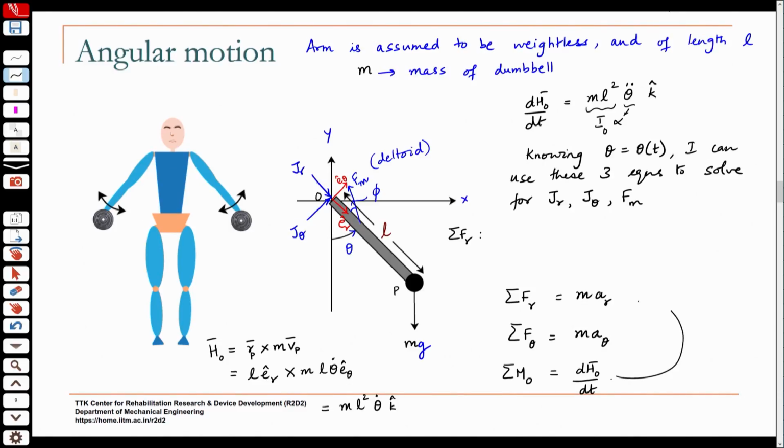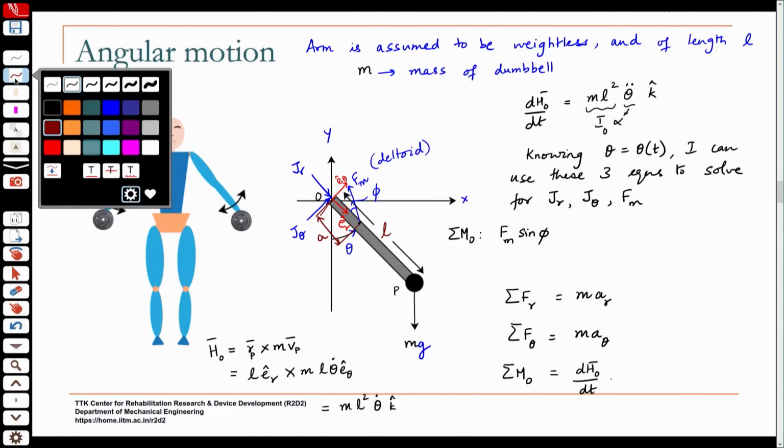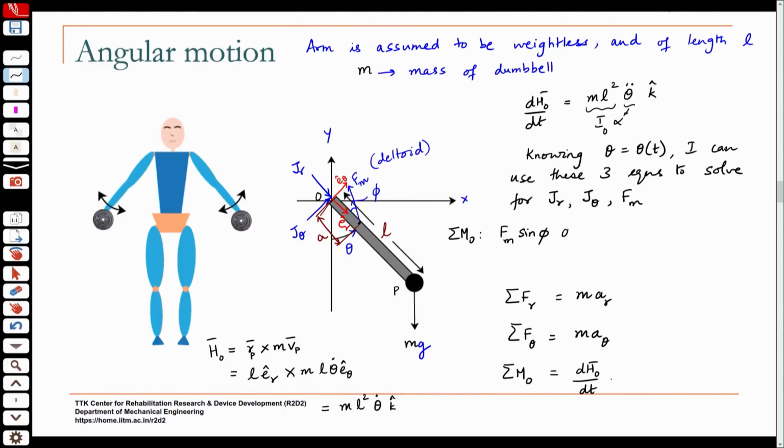So, I will do the sigma M naught, that equation, and I get F m sin phi times, I should know where the point of insertion is. Okay. So, let us say that distance is a, again known from anthropometric data. So, I have F m sin phi into a